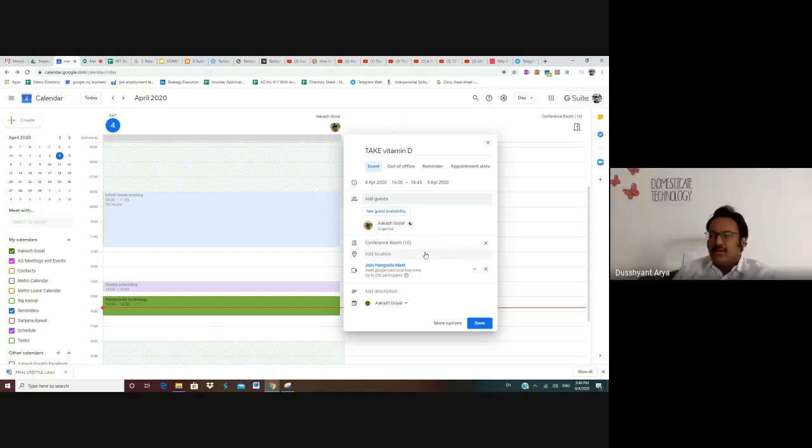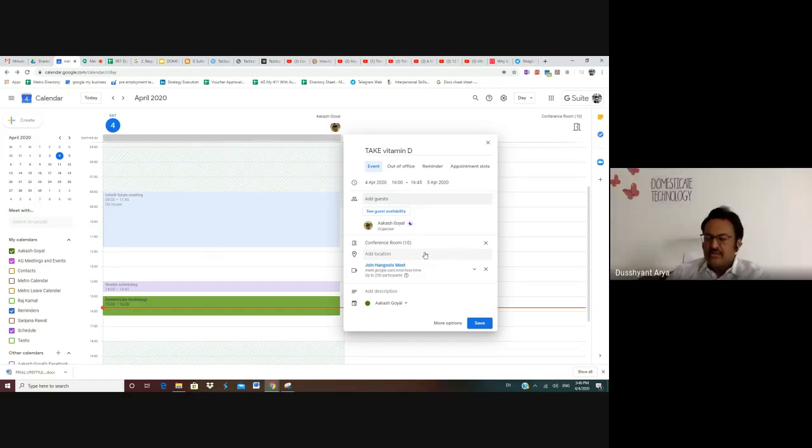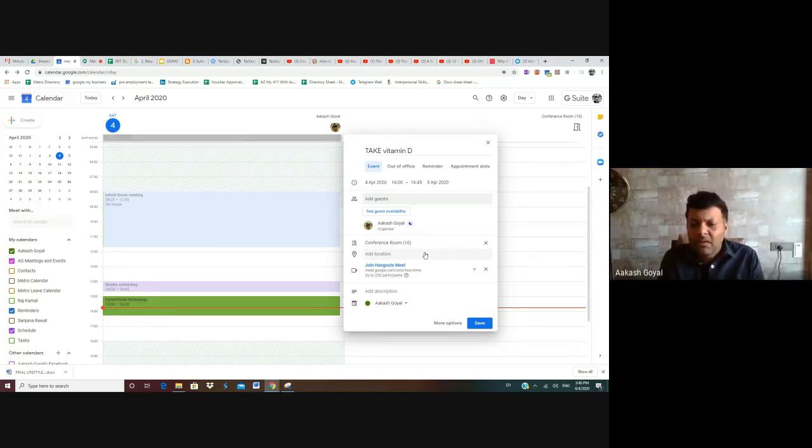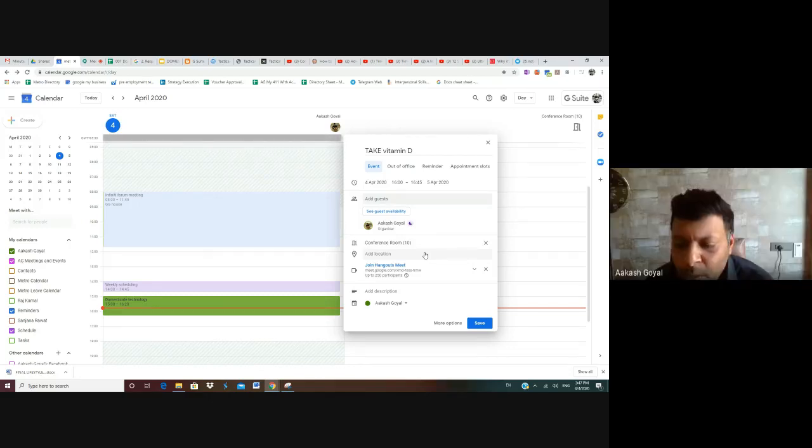I think in my organization only admin users will be able to add it, right? Only admin users, only corporate Gmail users will be able to add this functionality. Yes. This is not available with the free account, because it's a single person. This option is available for G Suite or business accounts. Maybe it is not showing in my mobile also, just to let you know. It will not show because you have to enable this from your admin console. All right. Okay.